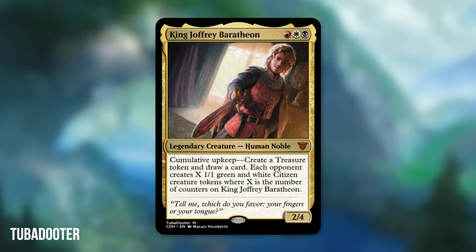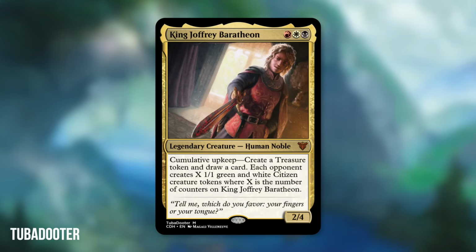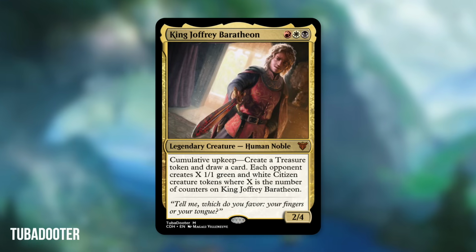Finally, I tried to pick a quote for the flavor text that best represents Joffrey's brutality as a king, taken from a scene in which the king listens to a song, enjoys it, and then randomly decides to punish the bard who sings it. He asks, which do you favor, your fingers or your tongue? His guards end up removing the bard's tongue so he can never sing again, an act of mercy rather than